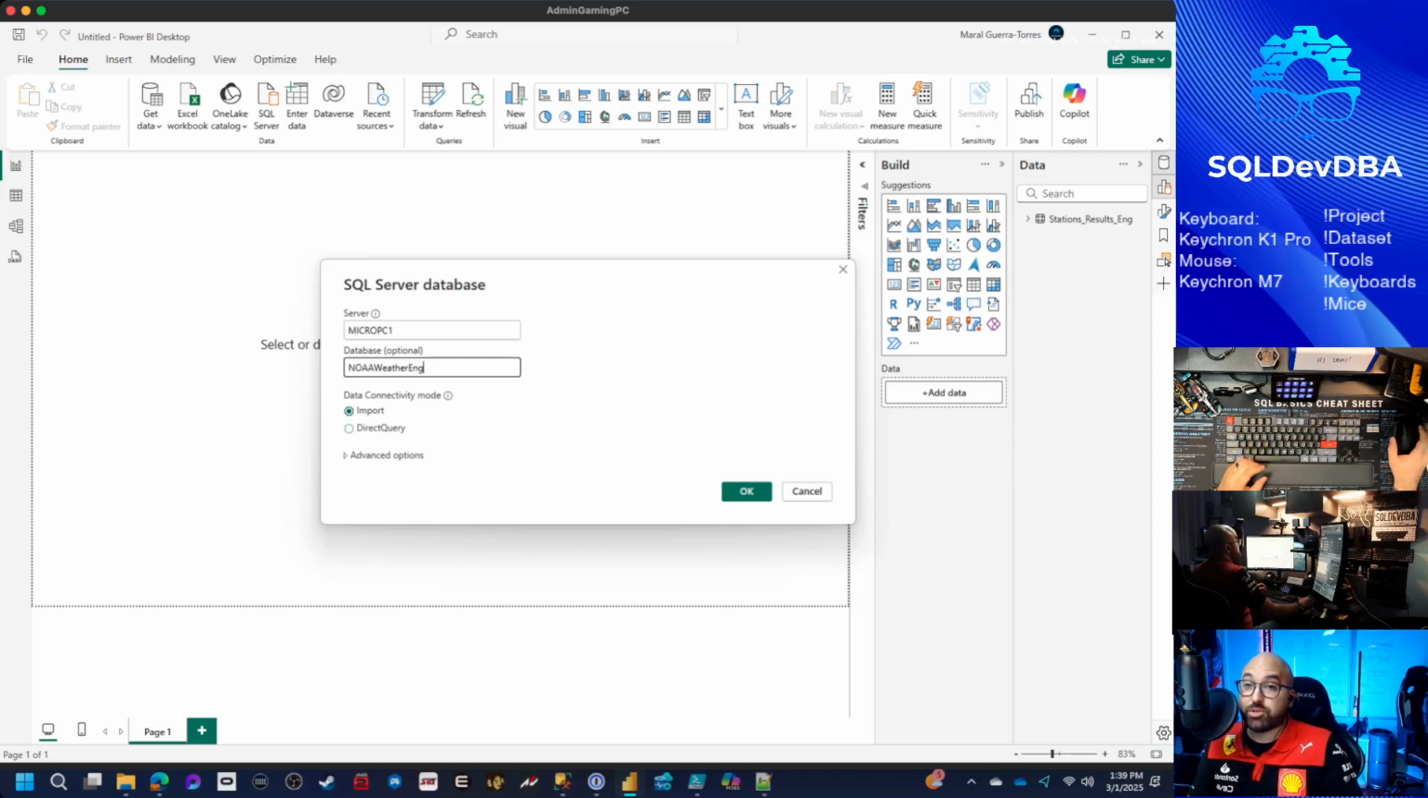You can choose import or direct query. If you don't have data that updates every like 5 seconds, don't ever use direct query. I don't know why I see so many people online using it. It's really not necessary. Just use import. Your reports will be much faster. Your stakeholders will love you,